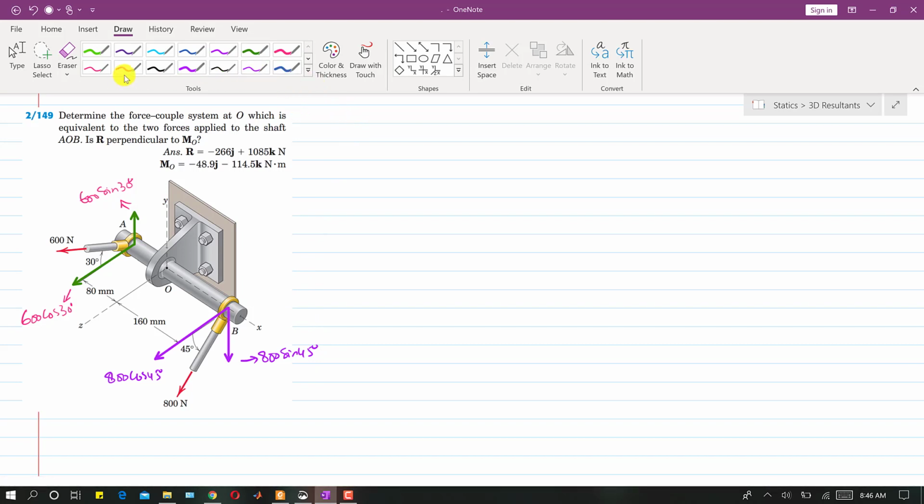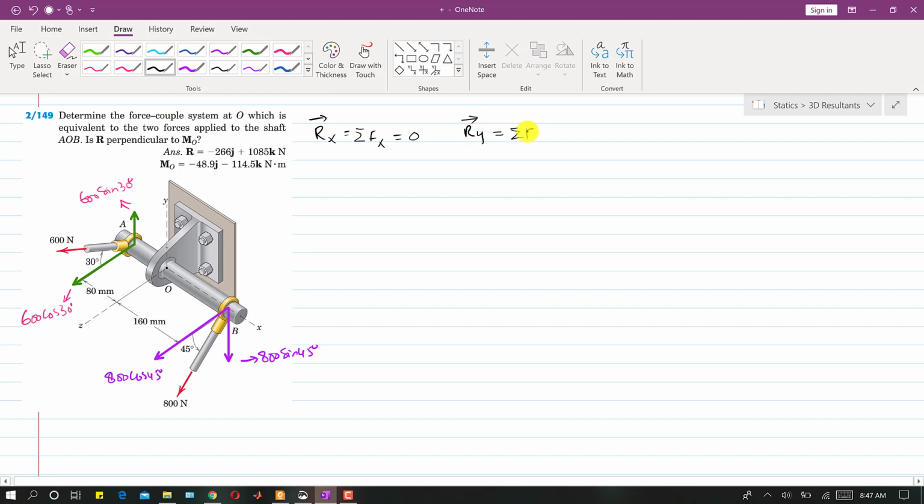So now to find the resultant, we will write that Rx is equal to the summation of all forces along x. There is no force component along x, so this means that the Rx component of the resultant will be 0 newtons, whatever the unit, the magnitude will be 0. So the magnitude of Rx is 0.